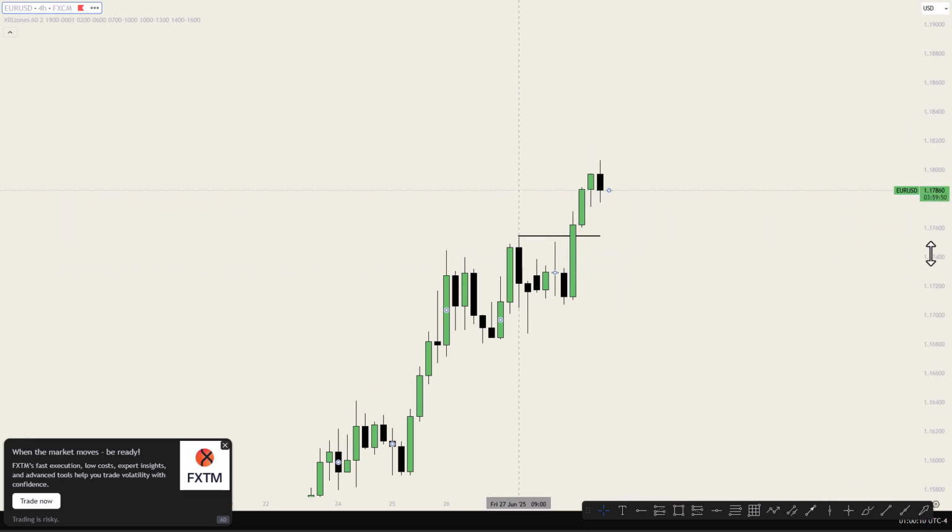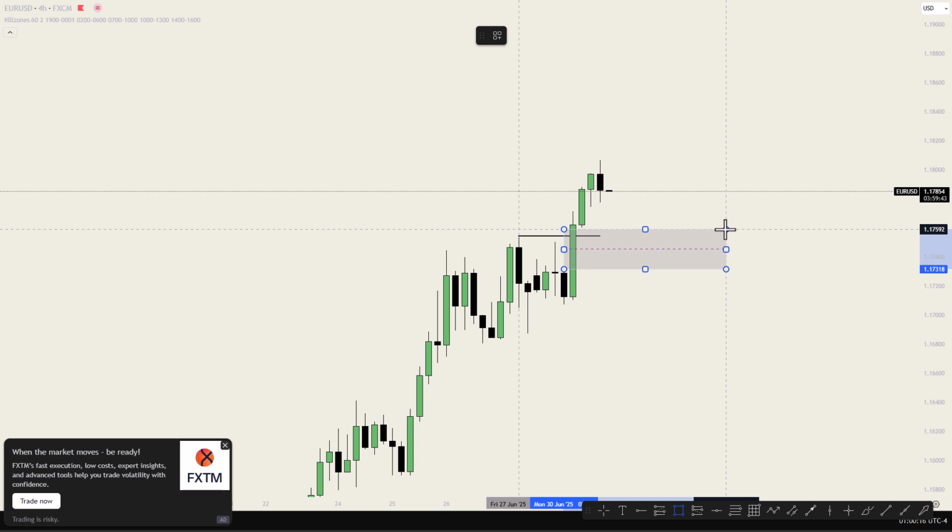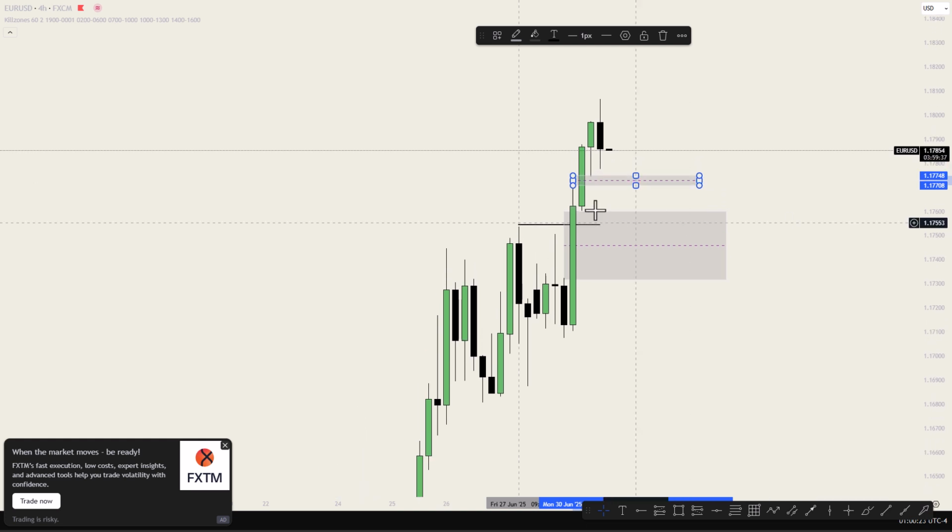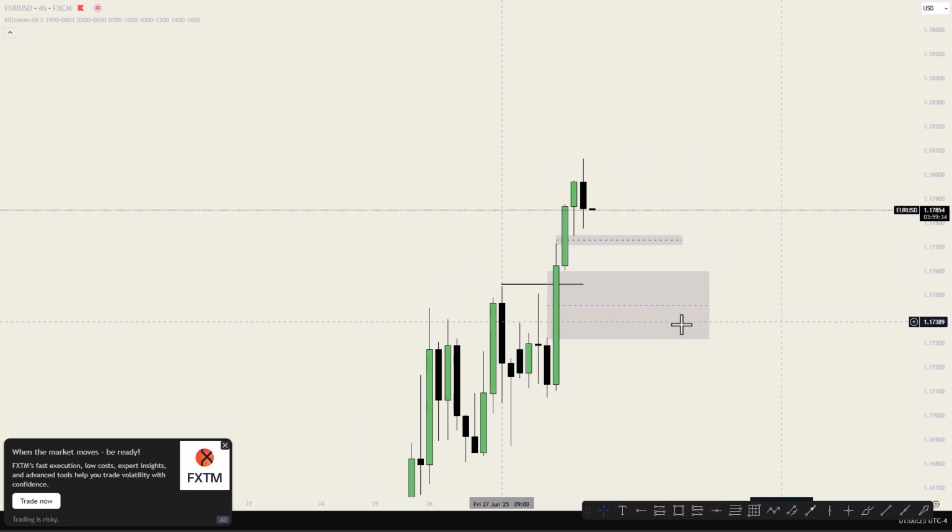So what I'm expecting is price to continue bullish on the weekly time frame. If we are going to be buying, we might see a fair value gap where we might tap in, because there's a fair value gap here, and also we have another fair value gap on EU 4 hours time frame. So these two fair value gaps should be our area of focus.